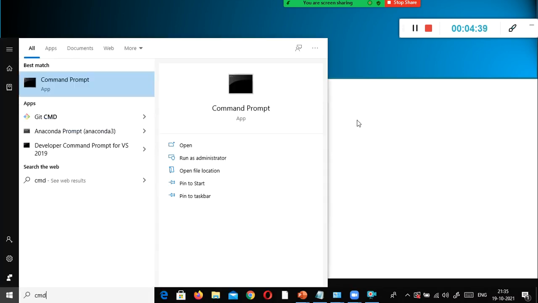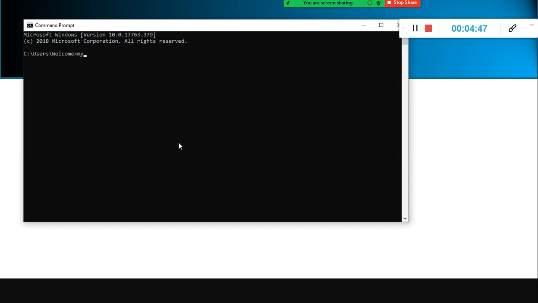Don't worry about that. Also, all of you please go to your command prompt. Type CMD, and you will get the command prompt. Click open. Here you just type mysql and you should get this error. If you get this error, then it is good. But if you get something else, then your configuration has not been done properly.